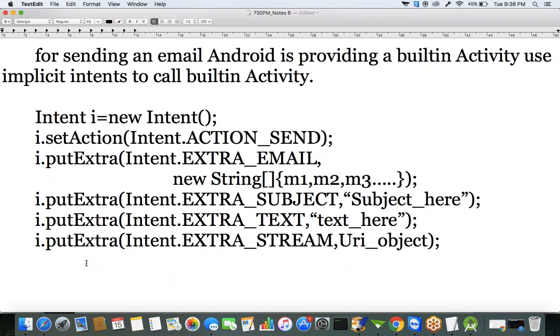Okay, so intent object dot putExtra, intent dot EXTRA_STREAM. If you want to add any attachments, we use this intent dot EXTRA_STREAM. Okay, and next,